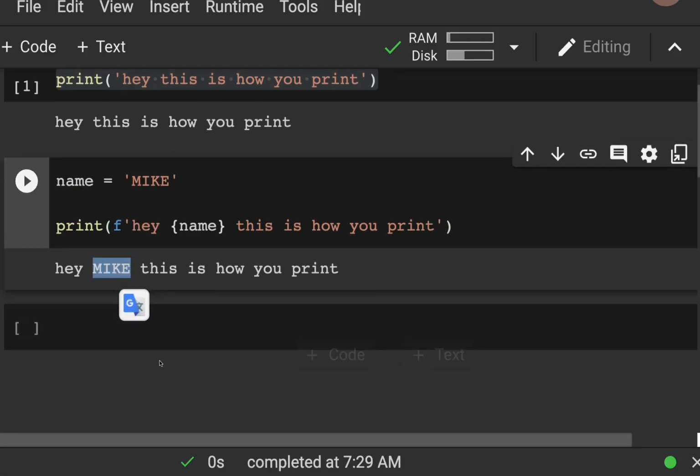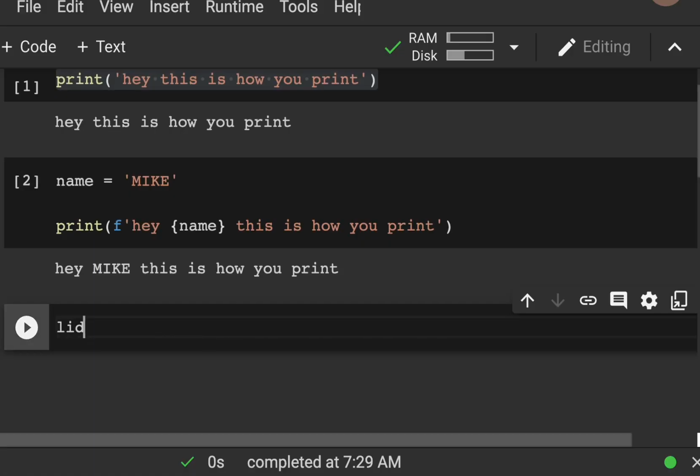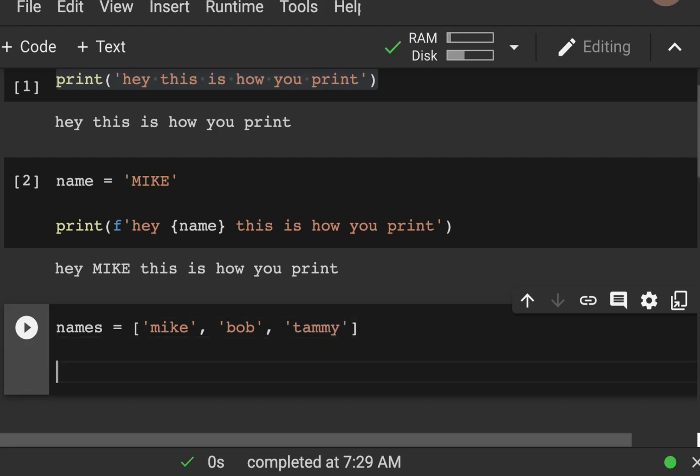Now let's take this a little step further. Let's make a list of names. Oh my goodness, I can't type this morning. Names equal Mike, Bob, and Tammy. How about? And let's go ahead and show an example here for how to print all of these. So let's say for n, and that could be any symbol right there, in names,